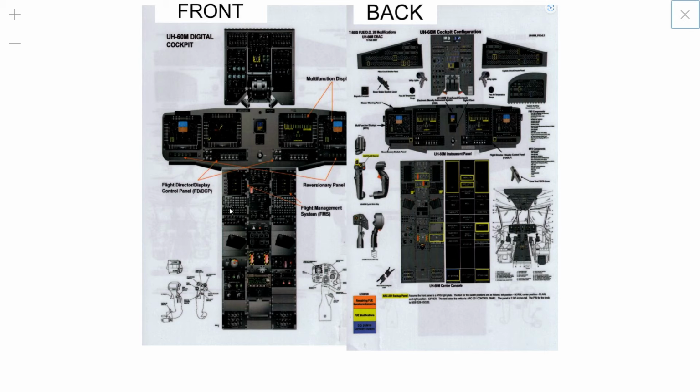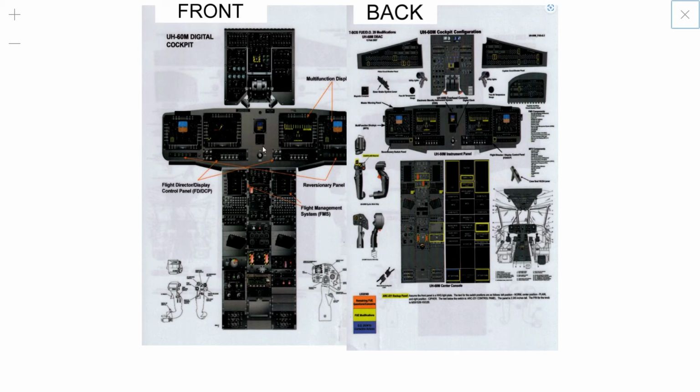So for the lower console, each pilot has a flight management system, or FMS, where you can insert flight plans and whatnot, and you can see all kinds of information in there. So back to the main panel, where the PFDs are up here. Just below the inner MFDs on the main console